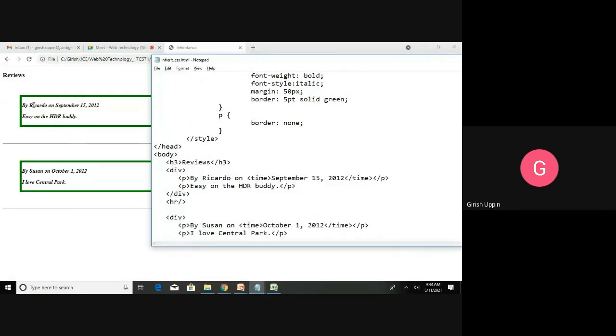Both paragraphs inherit from the div, and they have the same property as the parent, because it is inherited. So both are displayed as bold, and both are in italic. Similarly, you can see these two paragraphs have inherited bold and italic. That is how they have been shown like this.